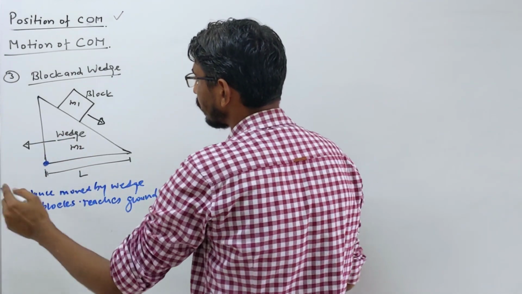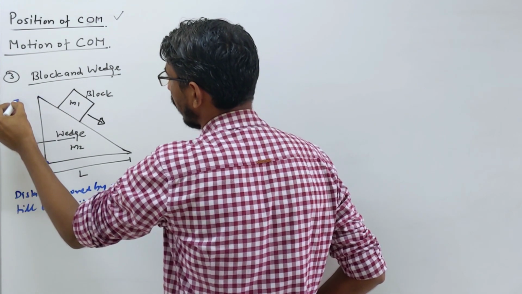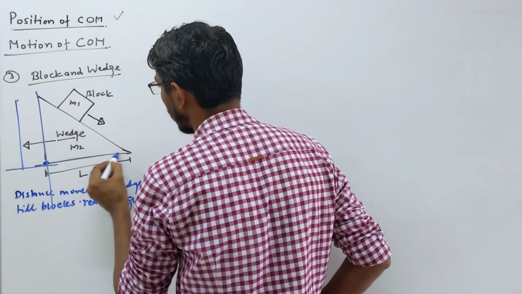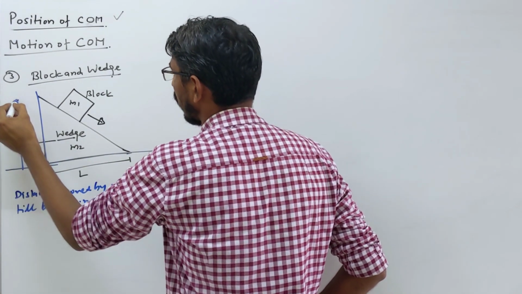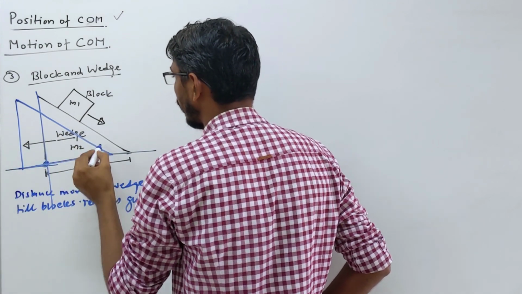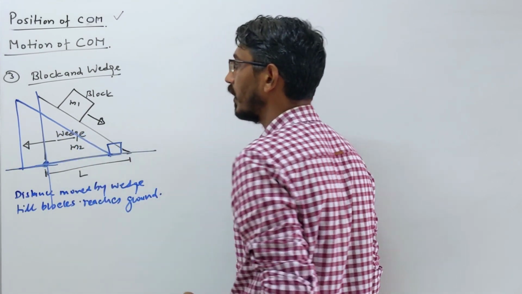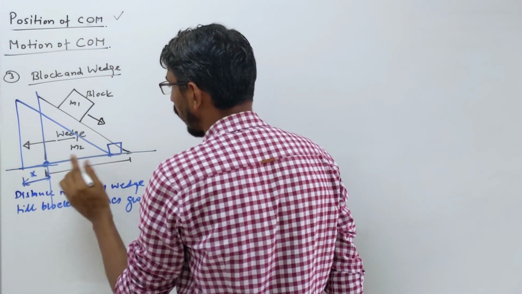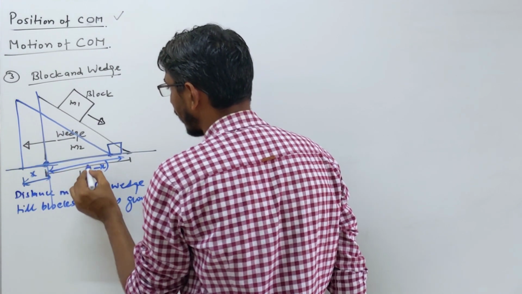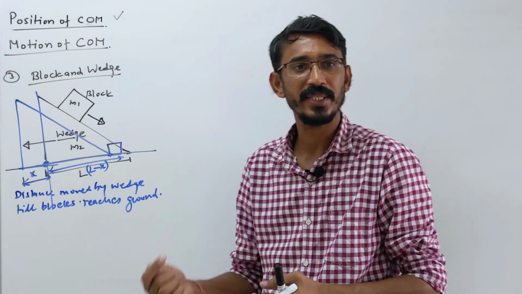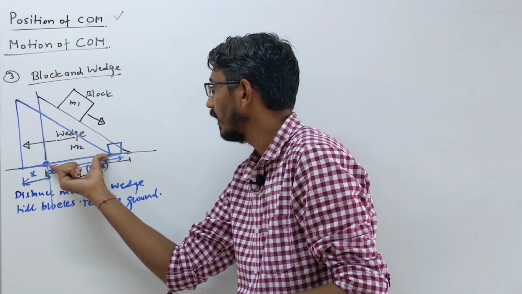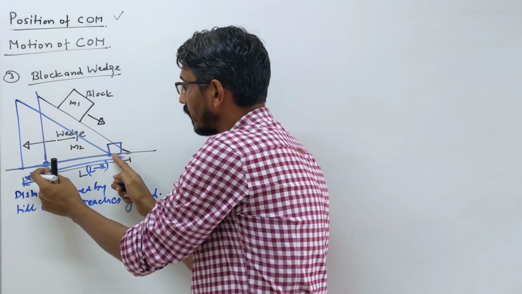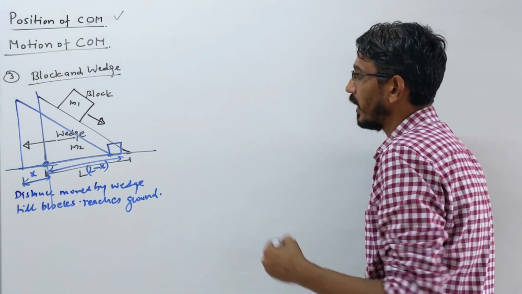So what will the answer be? Look here. Suppose the block has come down; the position will look like this, and the wedge will be like here. Here we choose the coordinate system first. Initially, you can choose the coordinate system as 0, 0. The wedge and block will look that way. Your block will be here. The distance moved by the wedge, again you call x. So the distance of this block with respect to that point will be again L minus x only. In reality it moves L distance, but the wedge is moving backward, so the block is here only, at a distance L minus x. So the same procedure you have to follow.